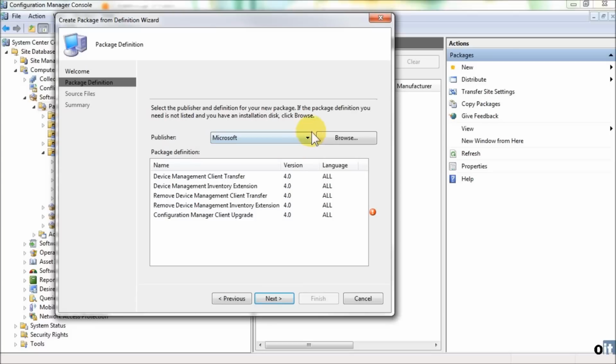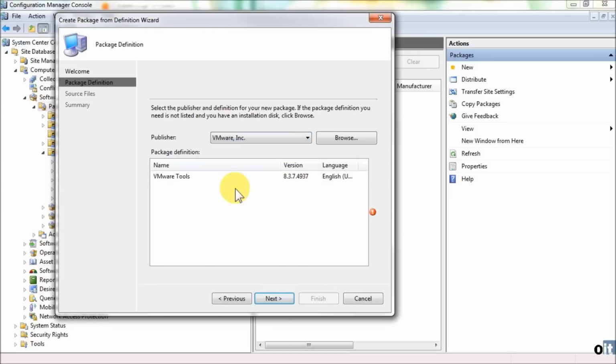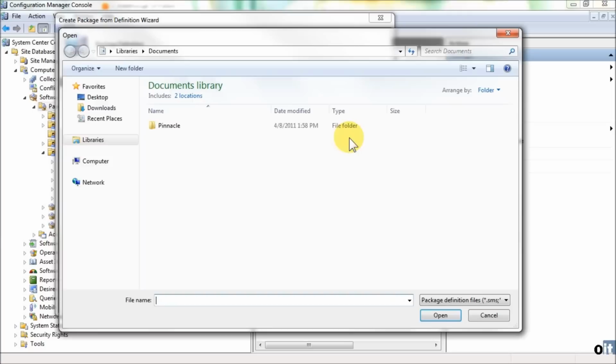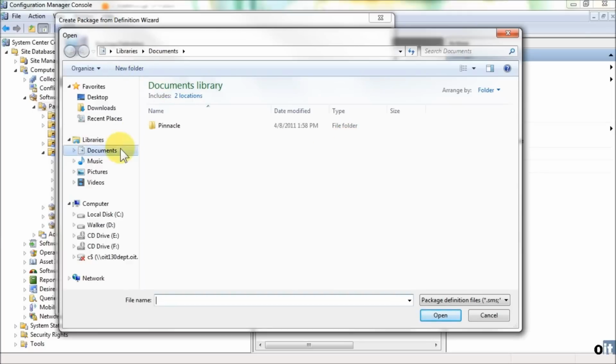So as I've mentioned, I'm not entirely sure how this is going to be worked out. Microsoft is trying to keep a database of the various software broken down by vendor. I'm doing a new package that is not on this list, so I need to browse. And I'm going to go to